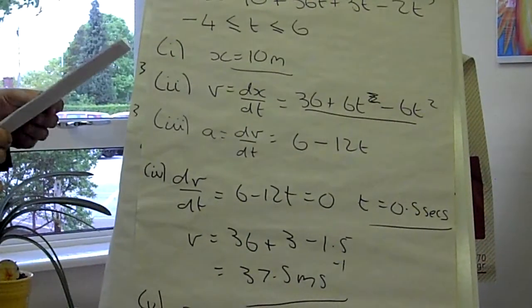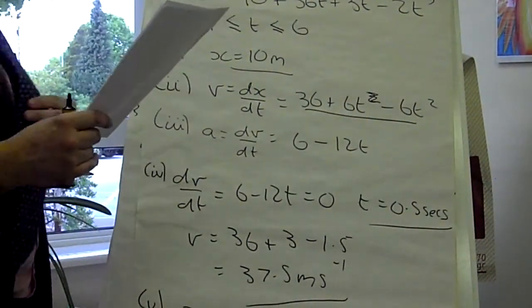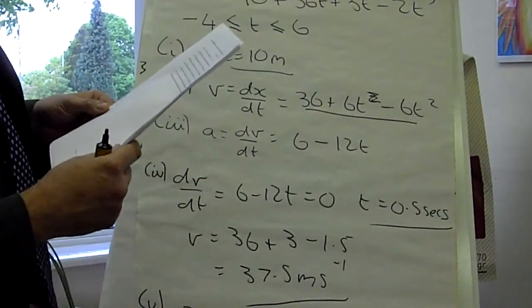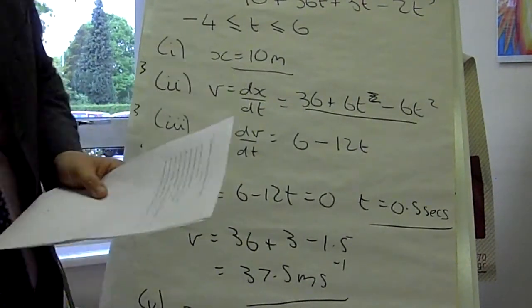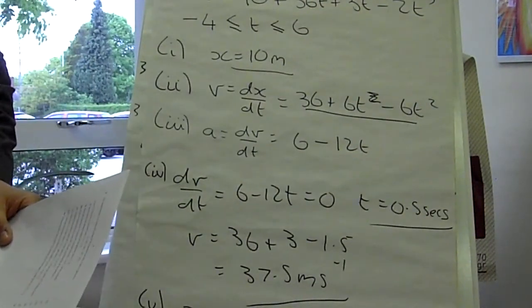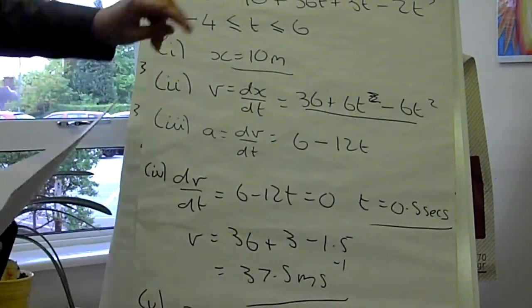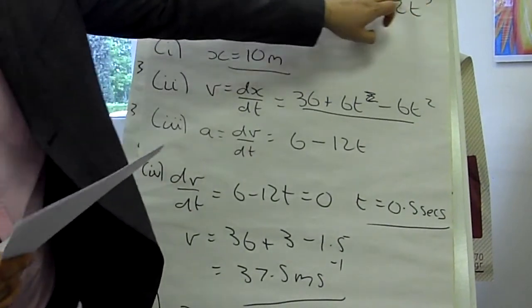Part 6, calculate the distance travelled by the particle from t is 0 to t is 4. Well, we know that the easiest way to find the distance travelled would actually be to basically put in 0 in here, and then to put in